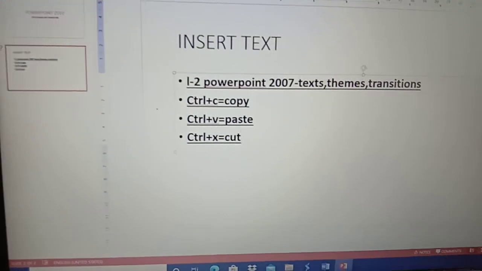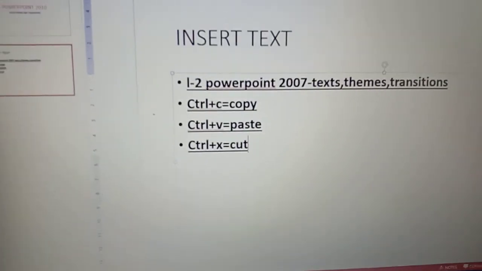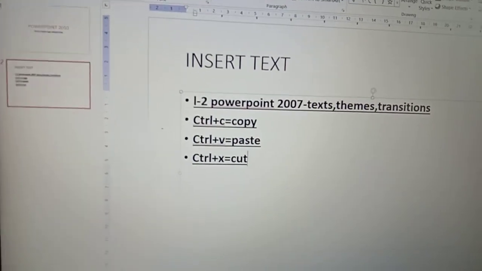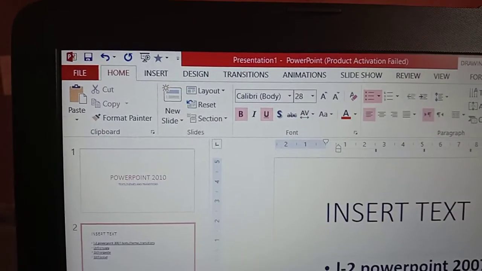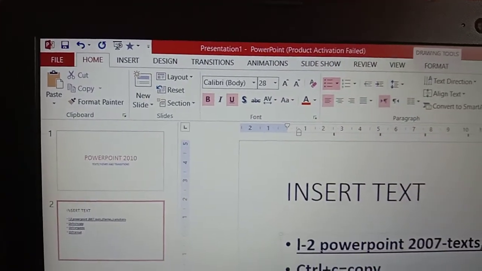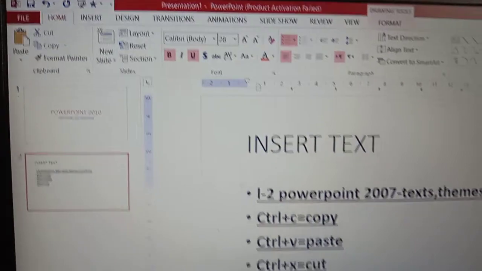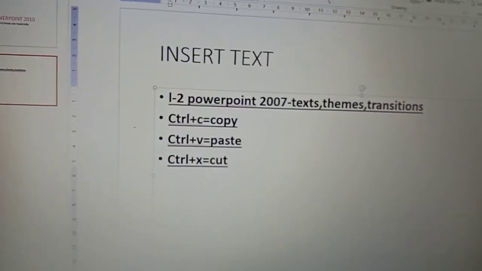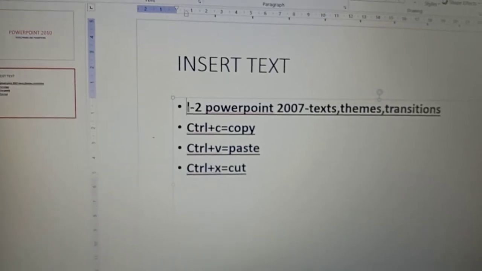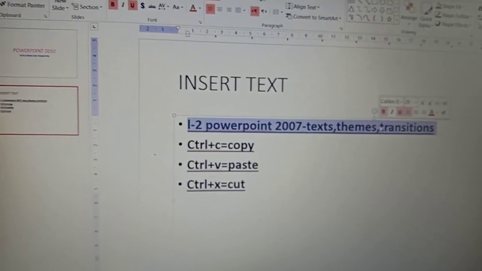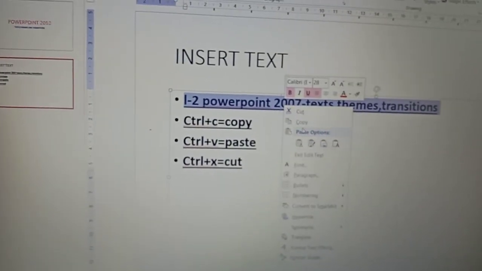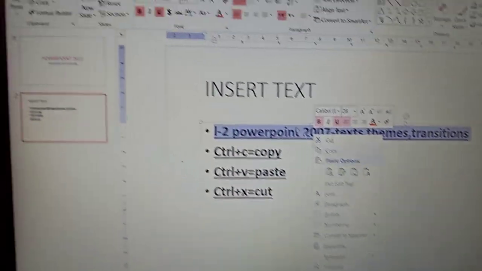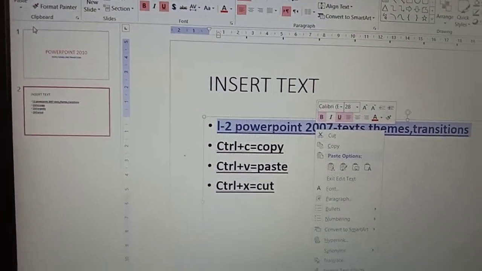Okay, either you can use the shortcut keys for cut, copy, paste, or else you can use options by clicking a right click here. By default in the home tab we have a clipboard group. Directly you can press the icons also there. See, in order to copy my text, I need to select the text first. Either you can give a right click over here and click cut, copy, paste, or else you can move back to the clipboard icon and click the icon.